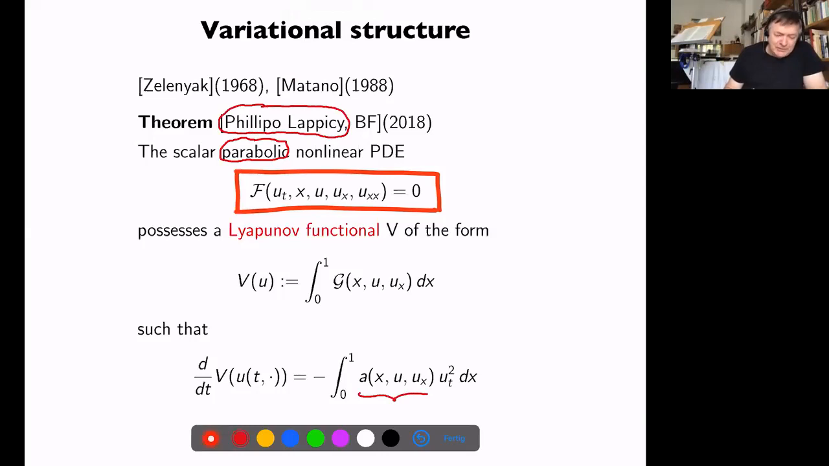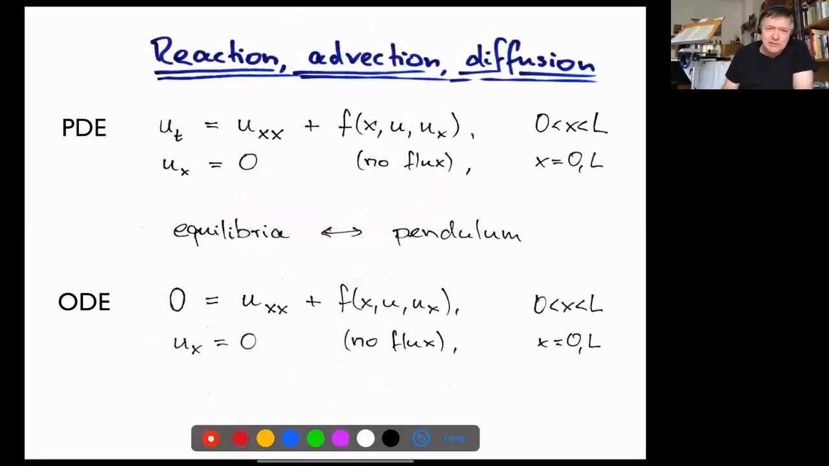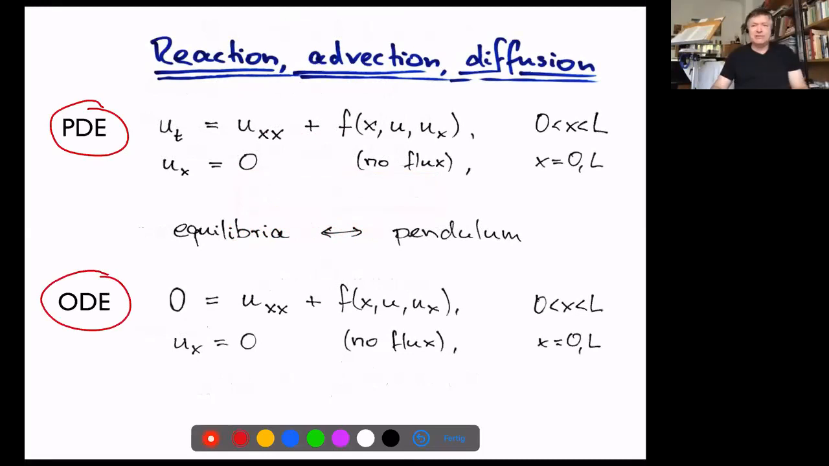Not quite intelligible paper, but also Hiroshi Matano, who really straightened this out in his style of perfection. So we have a variational structure, and now we can compare the partial differential equation with Neumann boundary conditions and the ordinary differential equation. And the ordinary differential equation serves as giving us equilibrium profiles. And equilibria, or critical points of the functional, of the Lyapunov functional, are very important when we try to understand